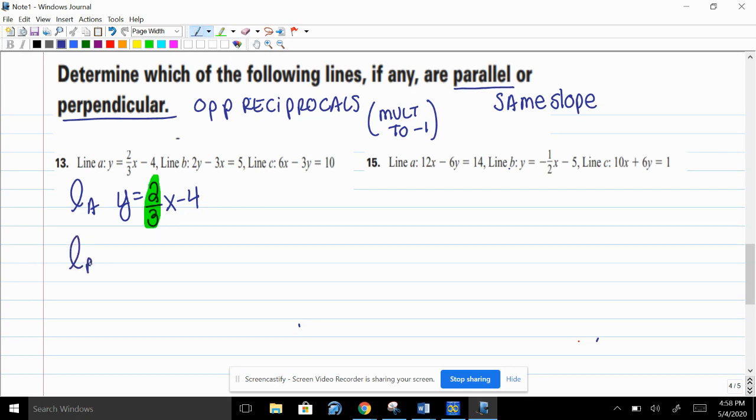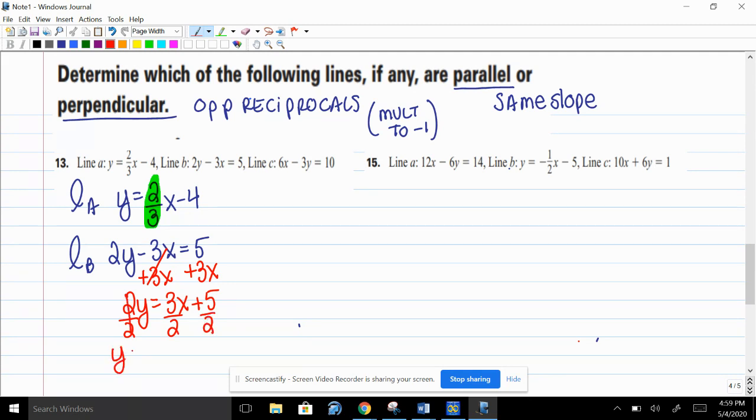In line B, they weren't as nice. I have 2y minus 3x is equal to 5. So I have to rewrite that in slope-intercept form, which we talked about. We have to move the x term across, plus 3x, plus 3x. 2y is equal to 3x plus 5. Then I'm going to have to divide across the board by 2. Y is equal to, those cancel, y is equal to 3 over 2x plus, I'll keep that 5 over 2,